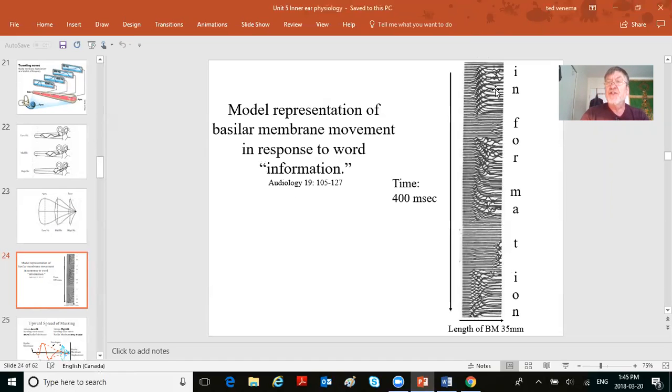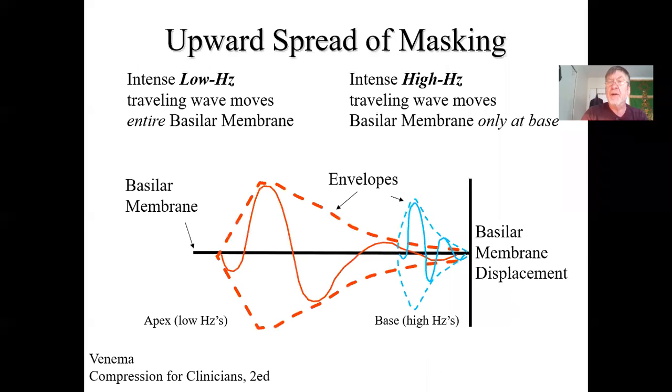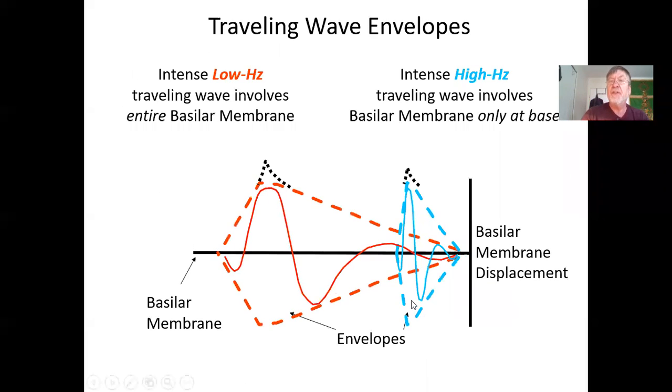So all this is showing you is, follow my cursor, the length of the basilar membrane from base to apex. And the reason why it's long is just showing you what's happening over time. And look at all those waves taking place with the word "information." Unreal. Again, the upward spread of masking, showing you a low frequency orange wave, a high frequency light blue wave,